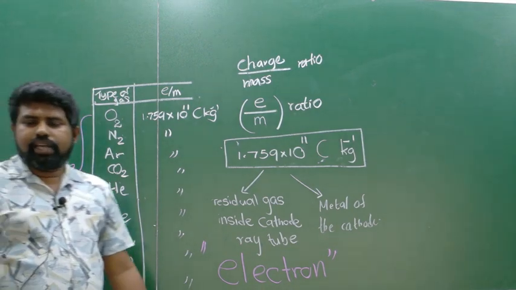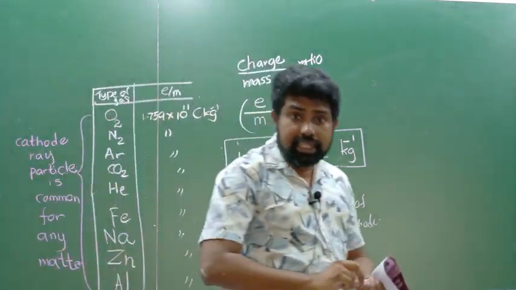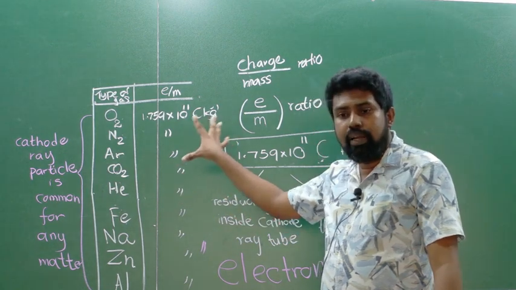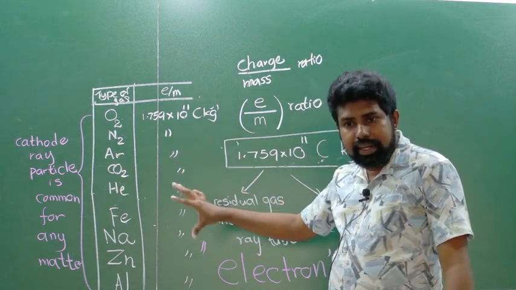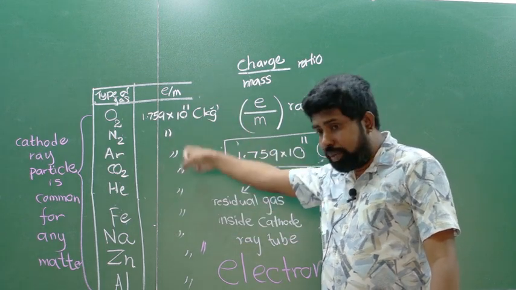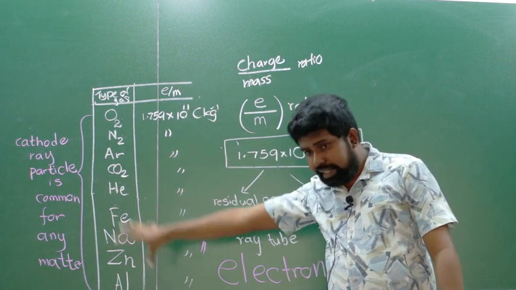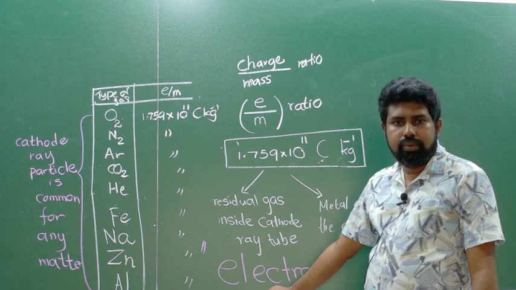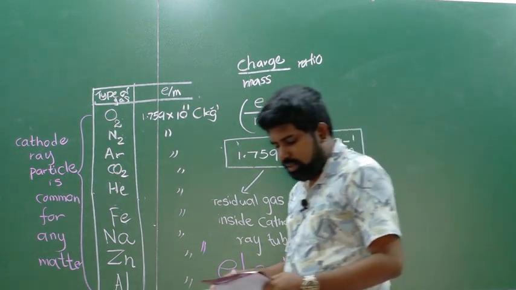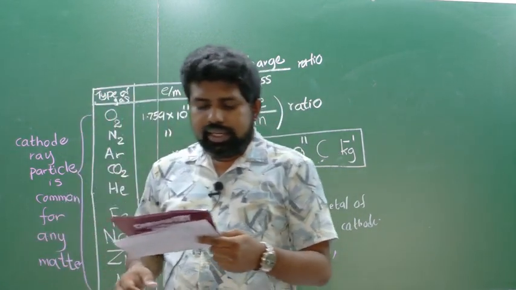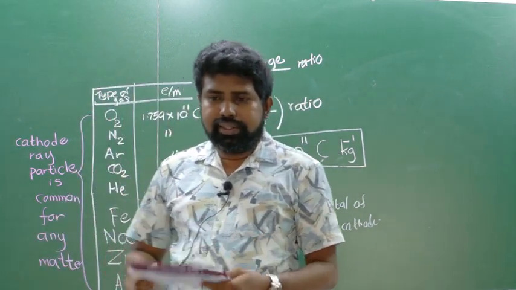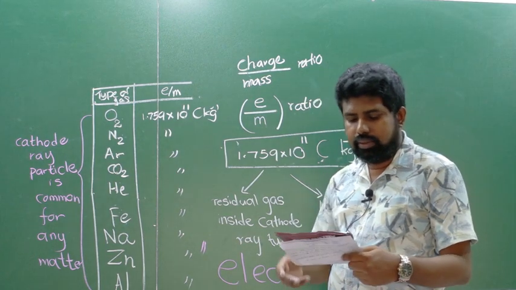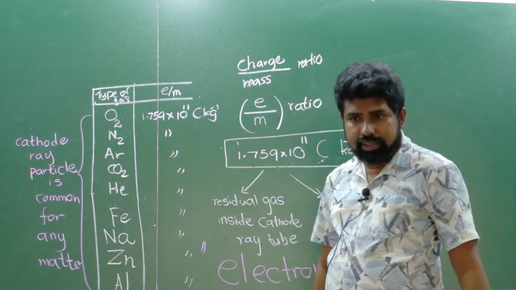So the scientist who discovered the electron is J.J. Thomson, because he studied deeply the cathode ray particles, their properties, and this e/m ratio experiment, and finally concluded that the cathode ray particles should be electrons. Write down, it is very important. Then he finally concluded that